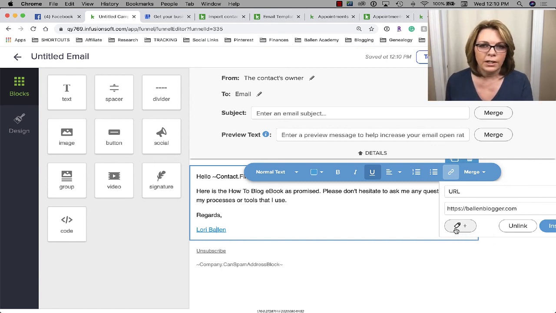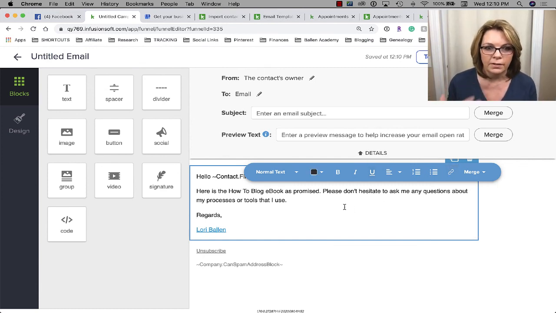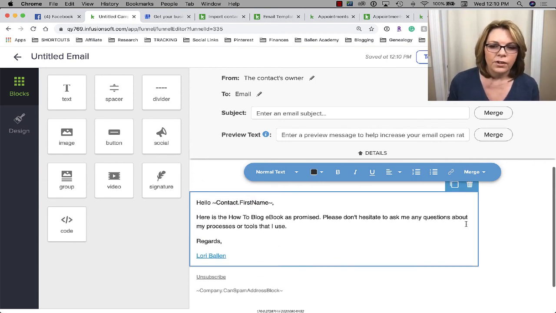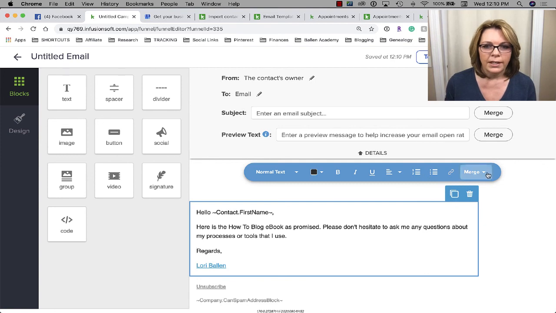It opens an opportunity, or it sends an email to your team, or it spins them off to a different campaign. There's all kinds of advanced features you can use there, which I love, love, love, love. Okay. So here's the ebook that's promised. So now what I do is I highlight